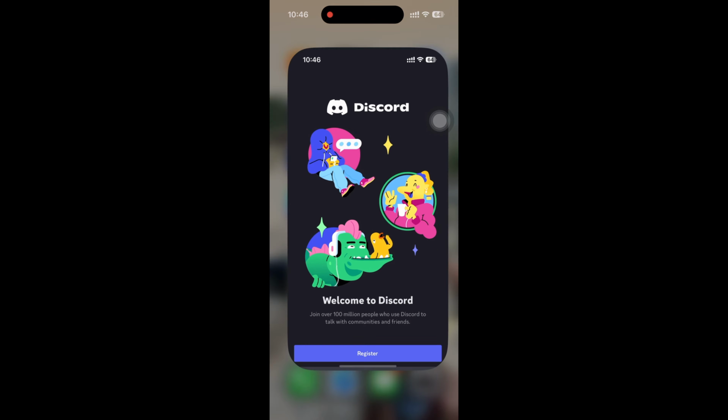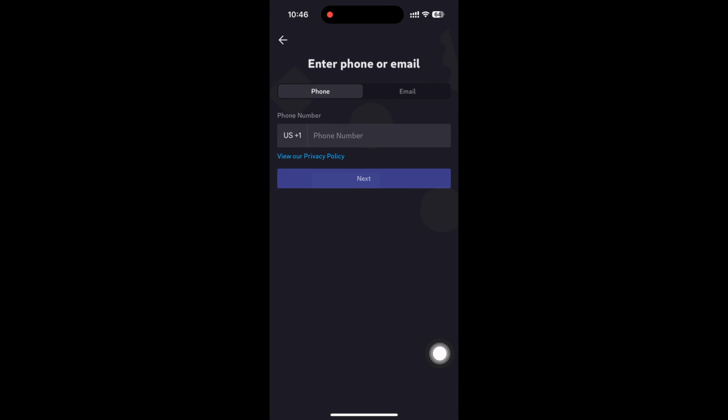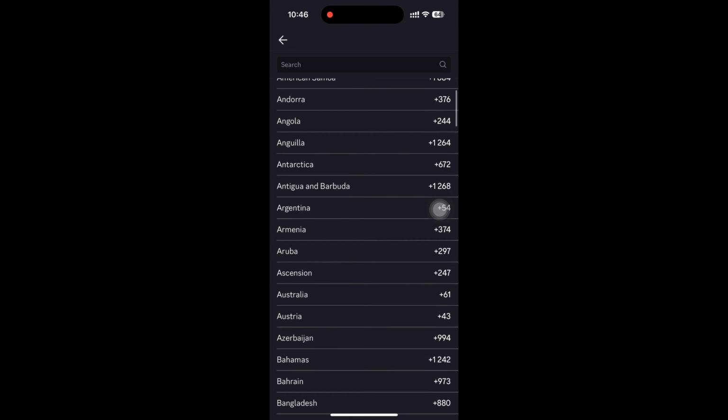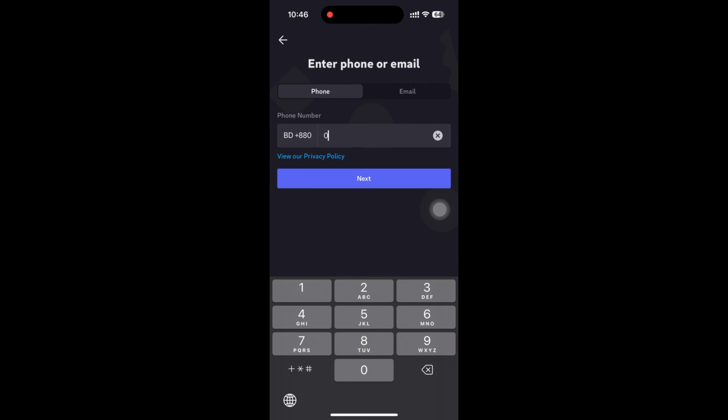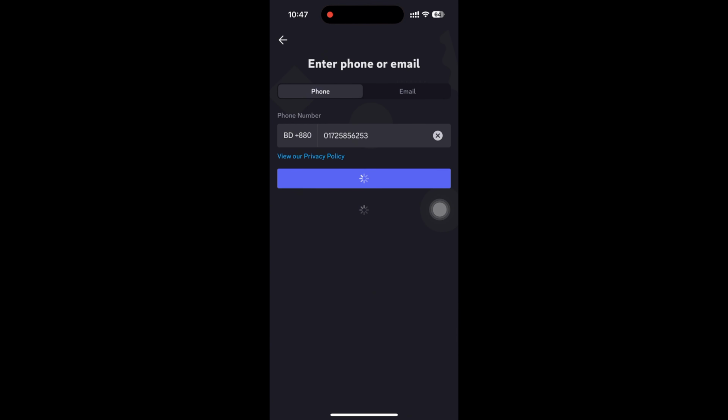So how you can easily create Discord account on your phone. Open Discord and press on register, and you can use your phone number or email address by here. So I am using my phone number to create Discord account. Press on confirm,